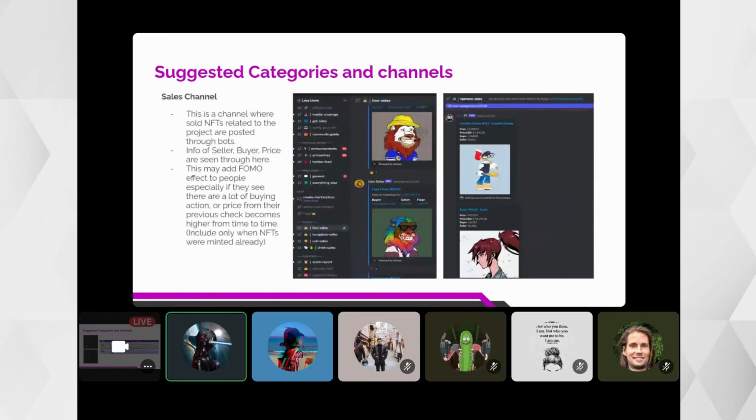And then we can also have this sales channel. So for example, your project is already post mint, and then you see that your project has been selling good with this volume in OpenSea, for example. So this is a channel where you can flex these sold NFTs from time to time. It gives the information of the seller, buyer, price.